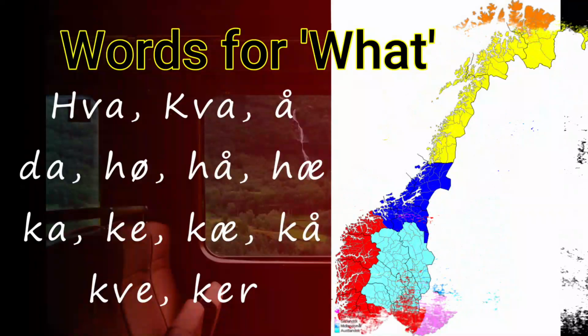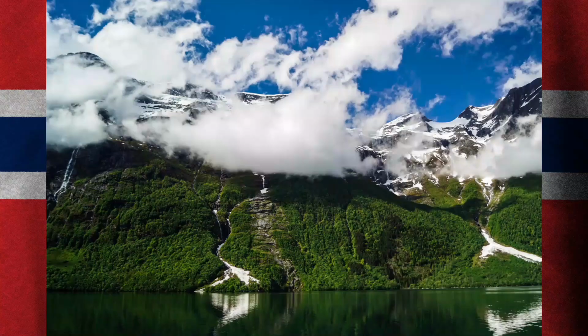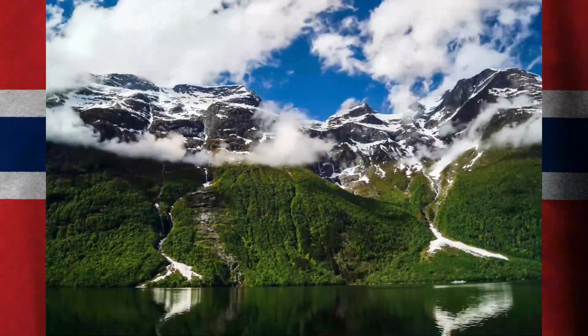So you get easier access to Swedish and Danish, but there are variations within Norwegian that are much more difficult, and that's because of the landscape. This is an incredibly mountainous country, the land of the fjords. And so you would have to spend time in each of these local areas to fully even understand different dialects